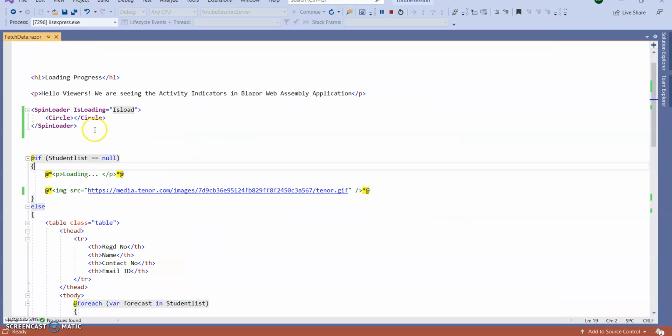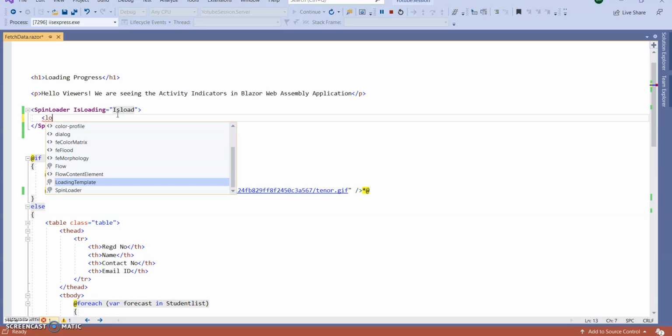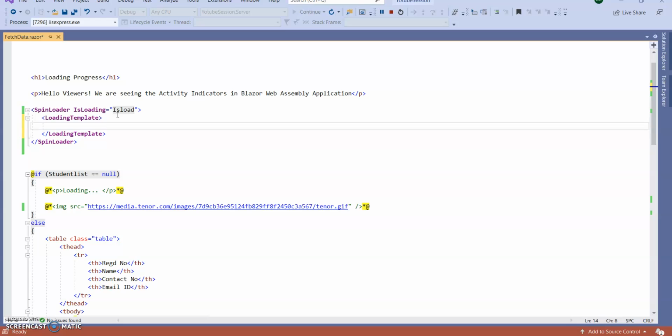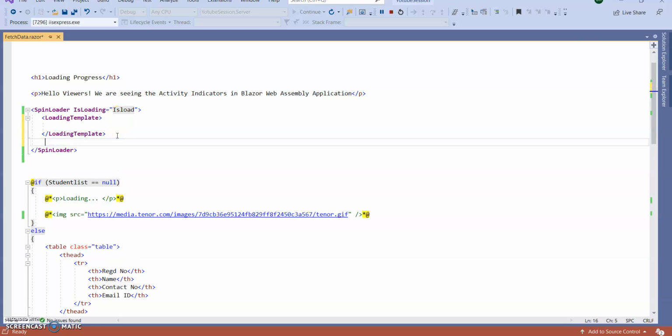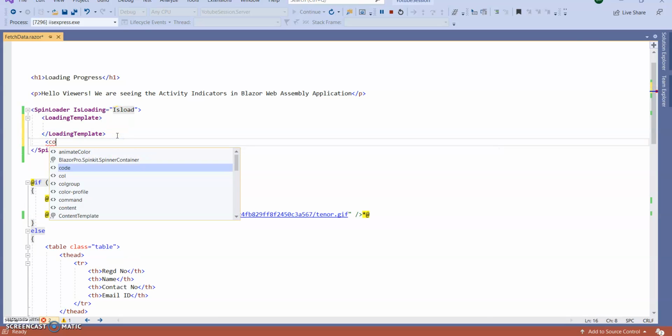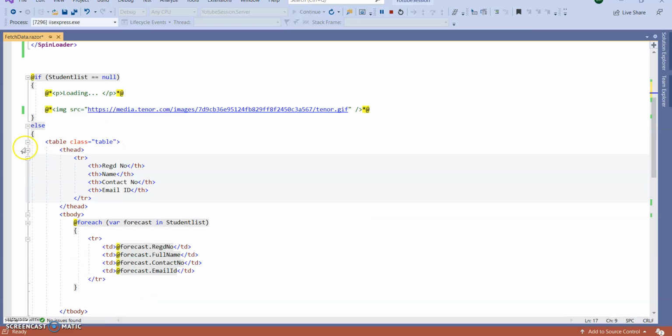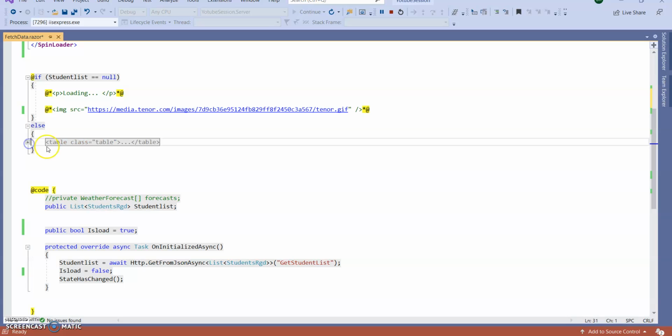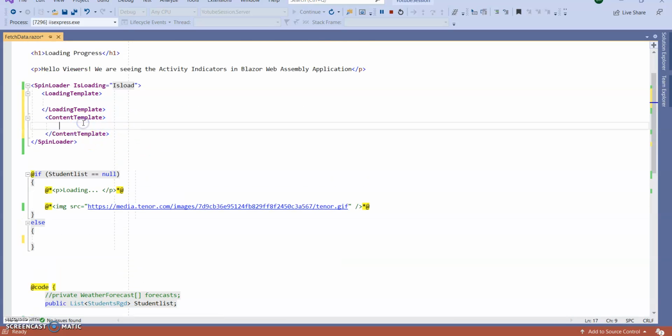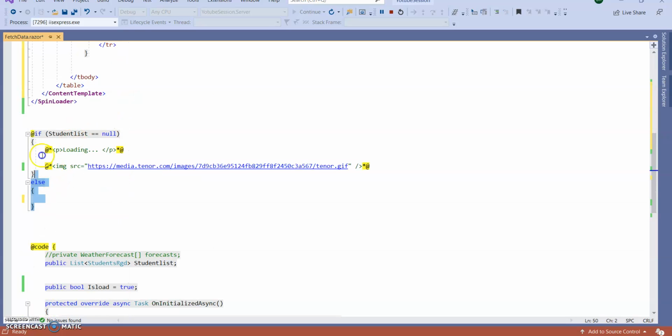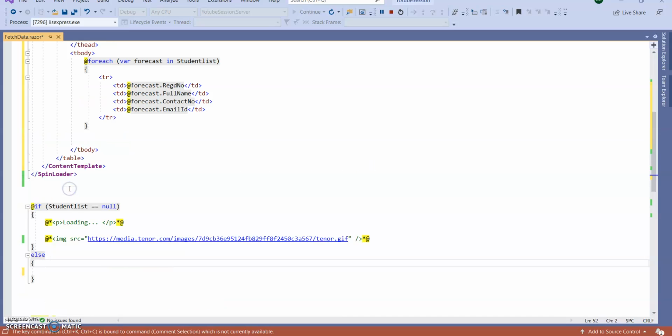Again, we need to go more into the SpinLoader. SpinLoader contains two parameters: one is the LoadingTemplate, and one is the ContentTemplate. Inside the ContentTemplate, I am going to add the table, whatever my table is here. I don't need this one, commented everything, leave it.